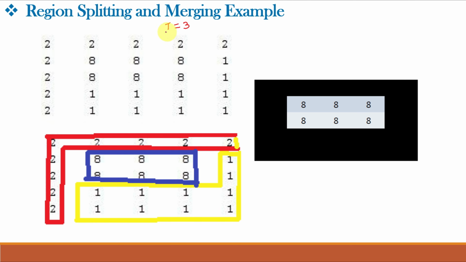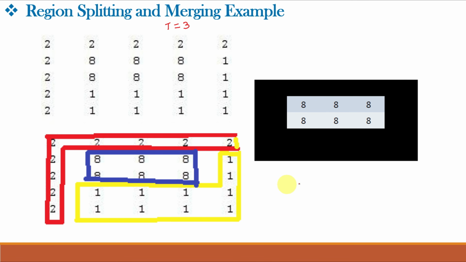these are marked separately. So as per our threshold value 3, it can be observed that the difference between values 2 and 1, that is 2 minus 1 or 1 minus 2, is less than the threshold value of 3. Therefore, the regions having pixel values 2 and 1 are merged as a single region as shown in this figure. So here we can see that 2 and 1 pixel values are combined together and considered as a single region as per our threshold, and the isolated region is the one having the pixel value 8. Why? Because the difference between 8 and 1 or 2 is larger than the threshold value 3. So here initially we split the image into different values and then merge as per the threshold to obtain our desired output.